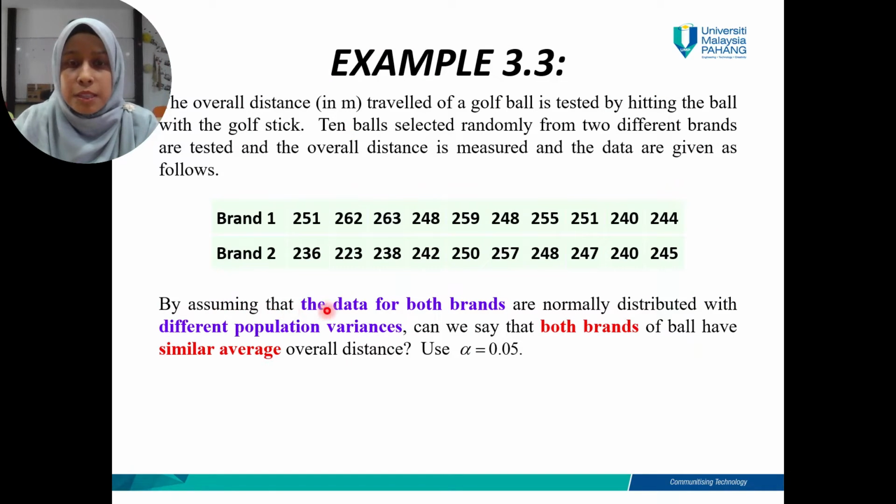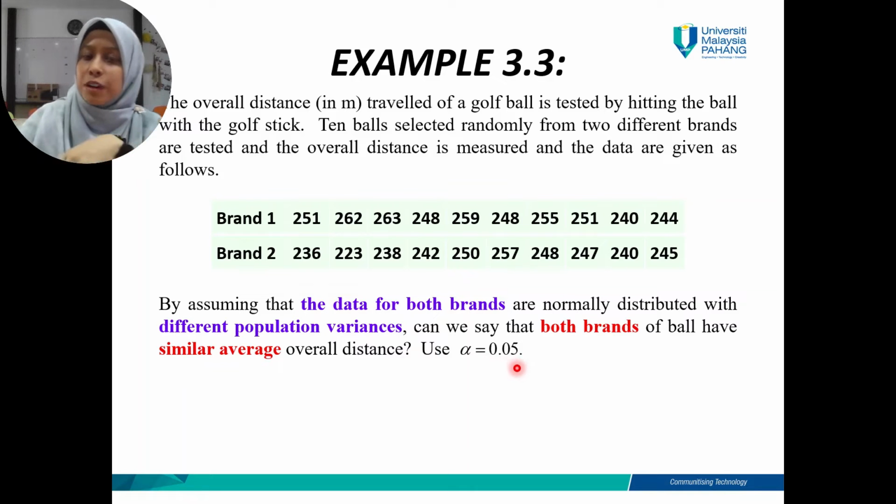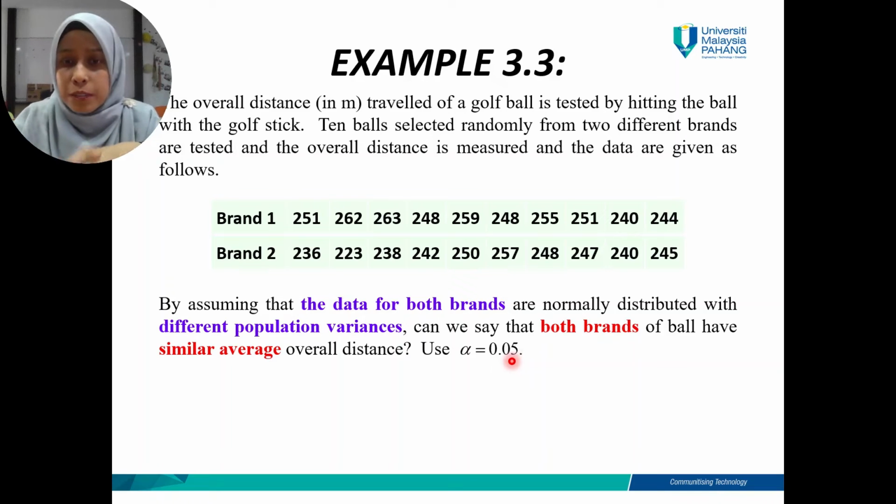By assuming that the data for both brands are normally distributed with different population variances, take note of that, can we say that both brands of ball have similar overall distance? Use alpha 0.05. All right, so this is the question, class. You might notice that there is no hypothesis testing mentioned in this question at all. Nothing, but they do ask you,